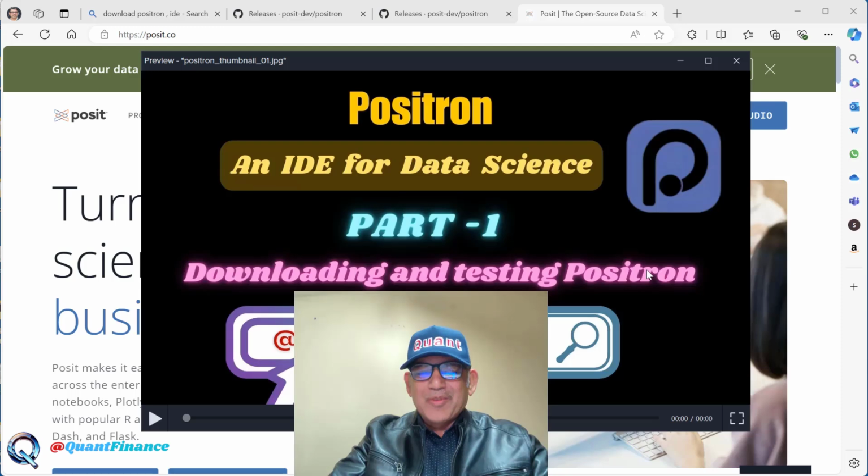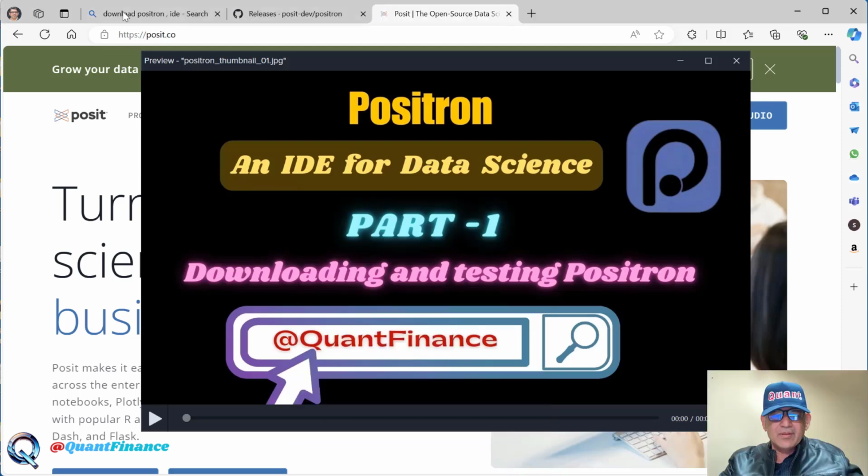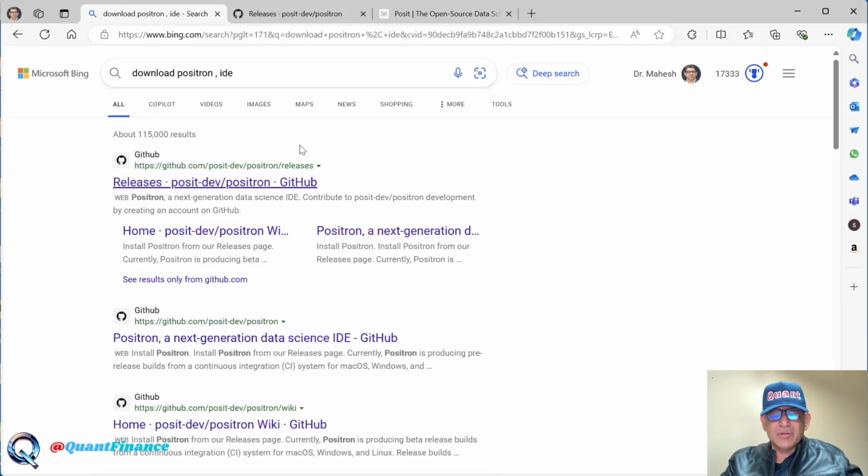Rather, we are talking about Positron, the incredible IDE for data science by posit.co. Here we will be downloading Positron and testing Positron. So let's get started. In order to download Positron, I just typed "download positron IDE," and the first